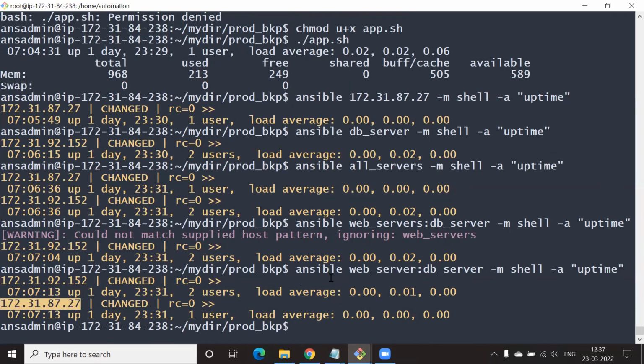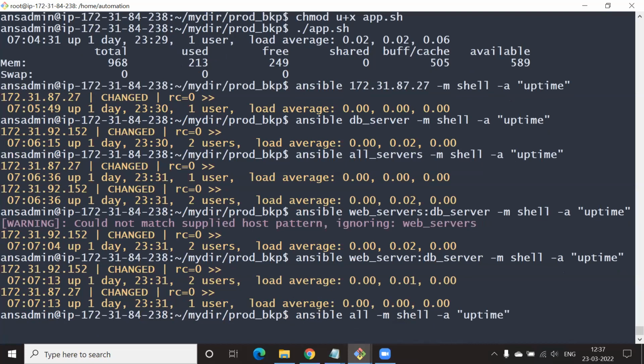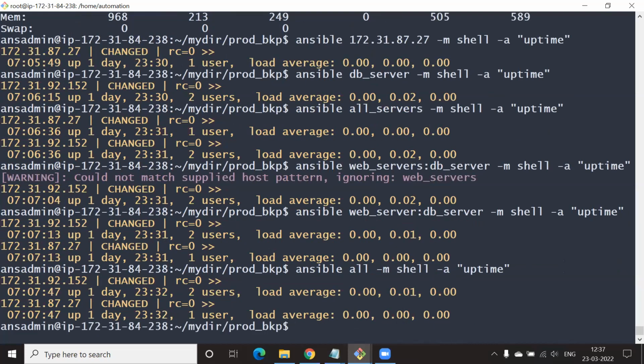You can also do ansible all instead of web servers. Okay. Cool.